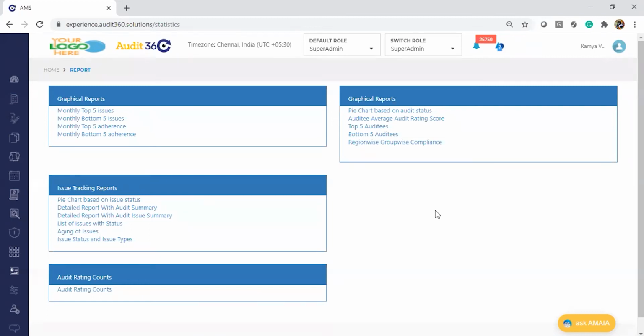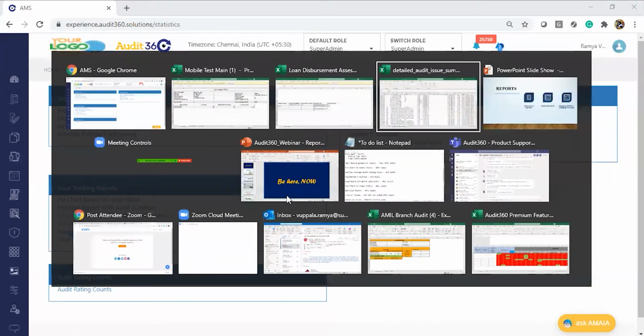So let me take you through what reports we have currently in basic reports. There are multiple sections available, which is graphical reports. We have classified into top 5, bottom 5 in different sections, and we also have a few graphical ones. It also has reports which are at a row and column level as well. So let me take you through under individual format.